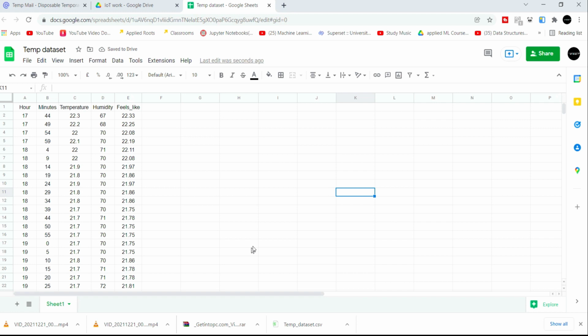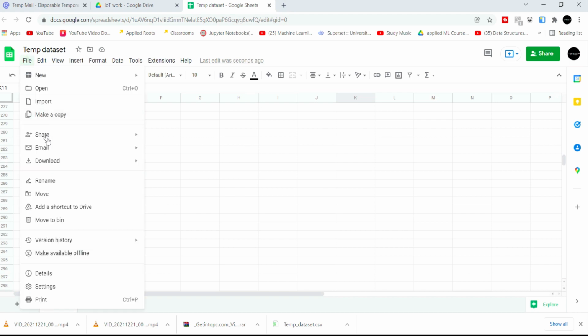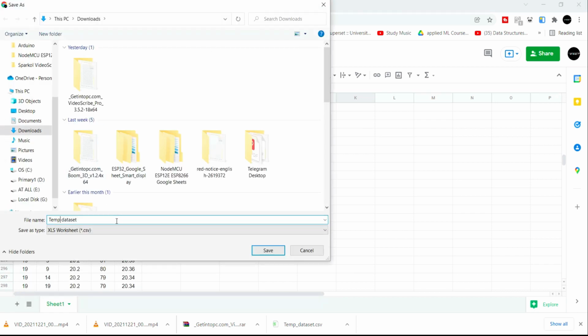Of course, this data set will not work for more than 3 days as temperature changes every day, and that's why it's a lame project. But it's okay. This project is just for showing how IoT or IIoT is implemented with machine learning to predict something. Now I will download this data set as a CSV file.